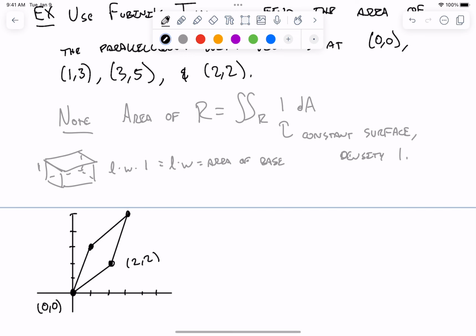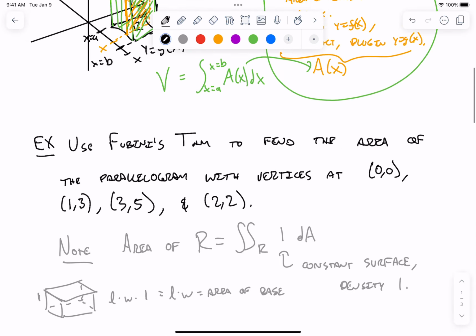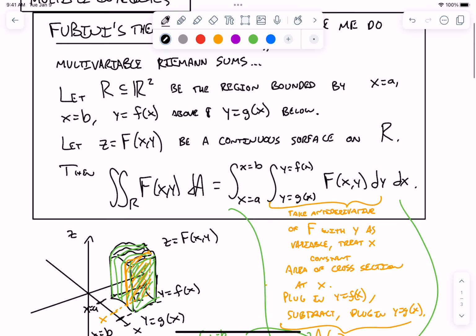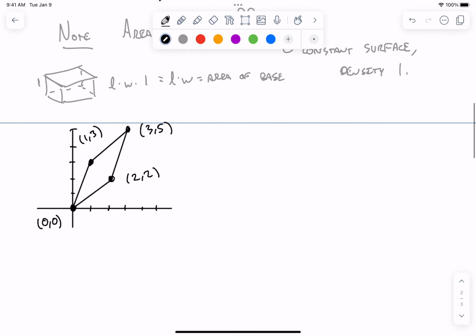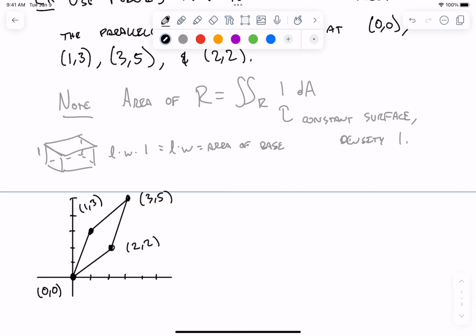Then I want to use Fubini's theorem here, and you might look at this figure and say, what are you talking about? This doesn't look like an R at all in terms of the R's we talked about here, which are bounded by constants with respect to x, and then functions with respect to y. This is kind of kooky. Well, yeah, you can't do it as stated, but you can do it in a couple applications of Fubini's. You could do it once here,